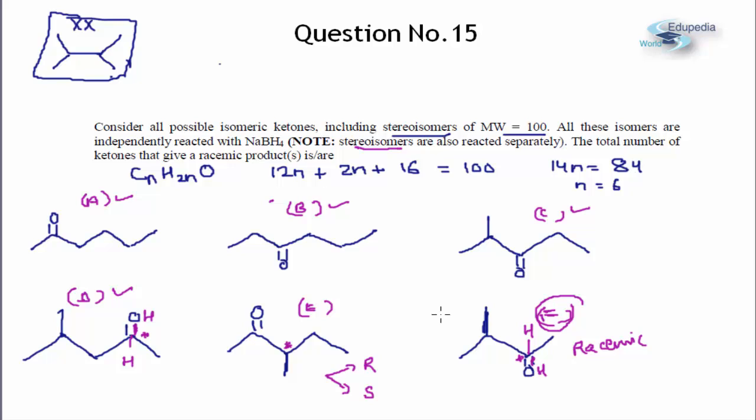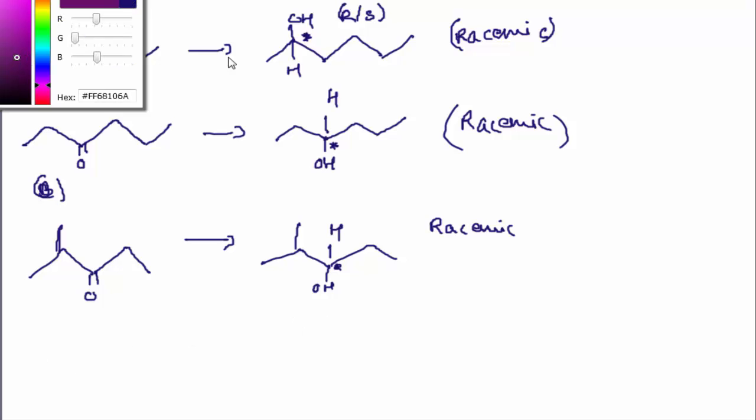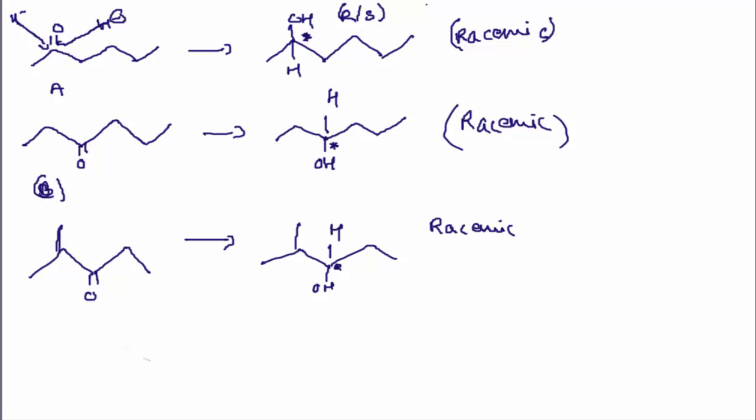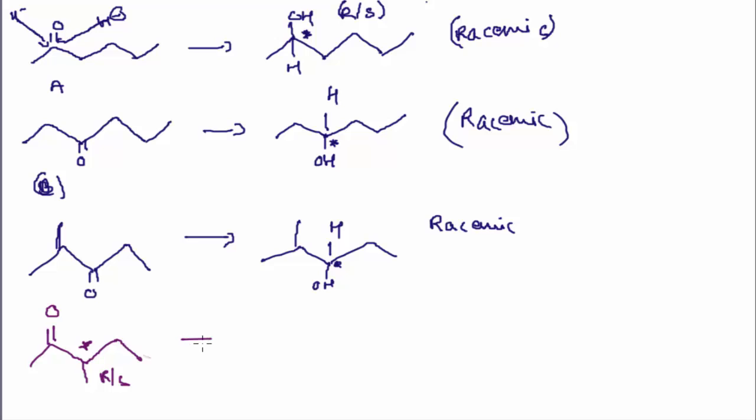Let us consider E. In E, this particular product itself has 2 isomers, which are either R or S. And if I just redraw it again for you on the next page, if I separately consider E, see, E structure was this. And if I put a double bond over here, see, this was my E structure, and this had a chiral carbon, and it could be R or S. Fine. So if you draw the product for this,